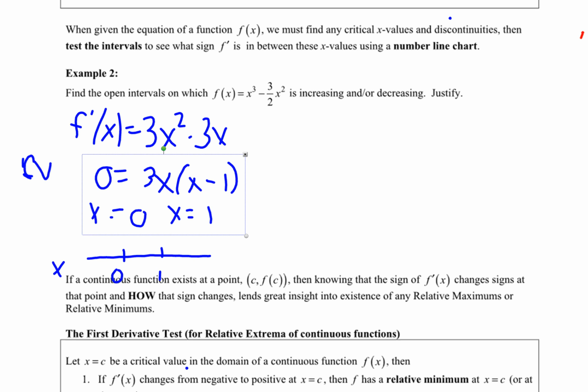We have our x values on the bottom, and we have f prime on the top. If you plug in a number like -1, that would be positive. If you plug in a number like a half, that would be negative, and then positive over here. All right. So if we look at our areas where the derivative is positive, that's where f is